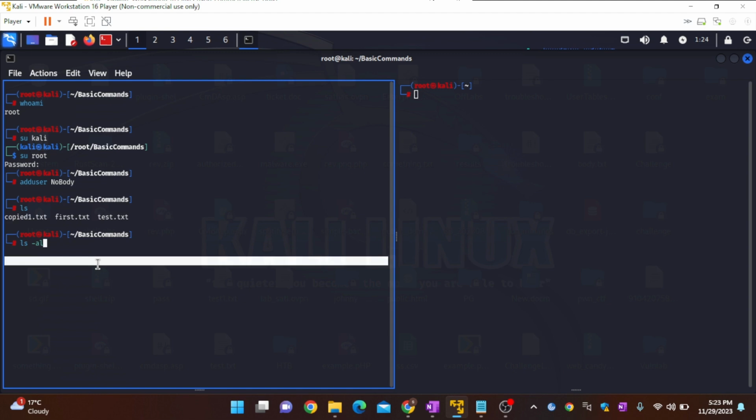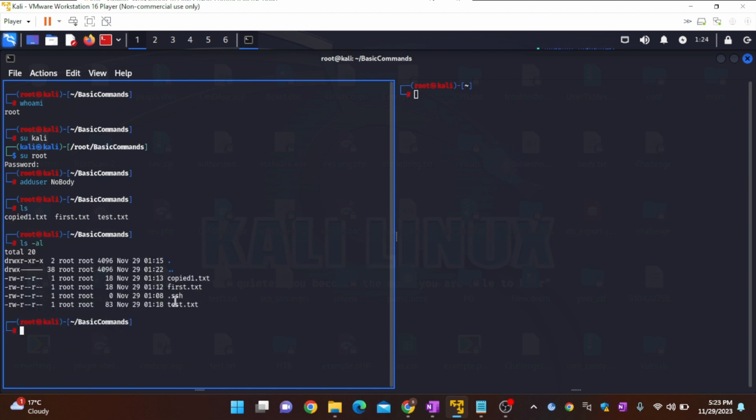I'll see what the permissions are for the files. If I go for the test.txt file, for the user on the current system, it has read and write access, for group permissions they only have read, and for others, all others can read this file. So if I want to give permission for read, write and execute for everyone, I just need to chmod 777 test.txt. This is a numeric